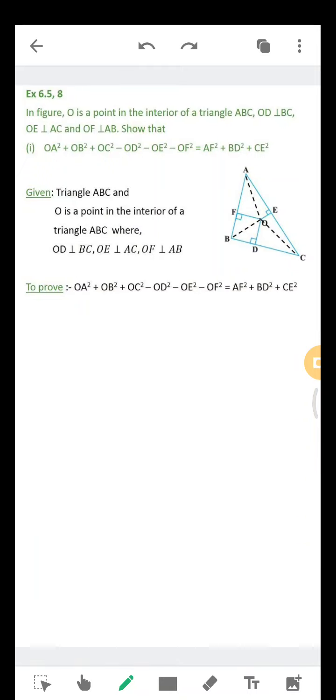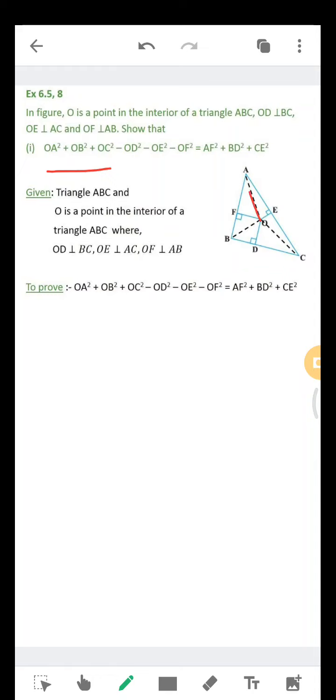And it's also given that OD is perpendicular to BC, and OE is perpendicular to AC. Also OF is perpendicular to AB. So all these things are given in the question. We have to prove OA square plus OB square plus OC square,